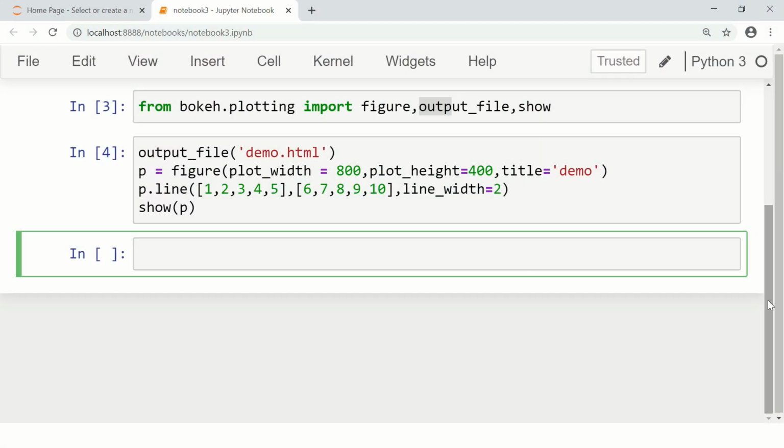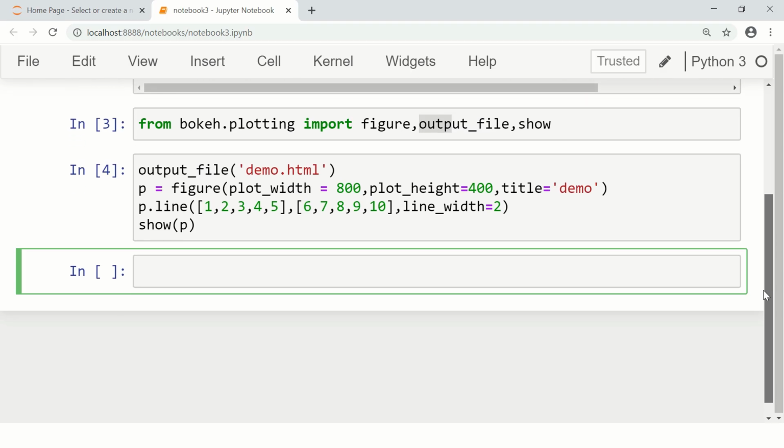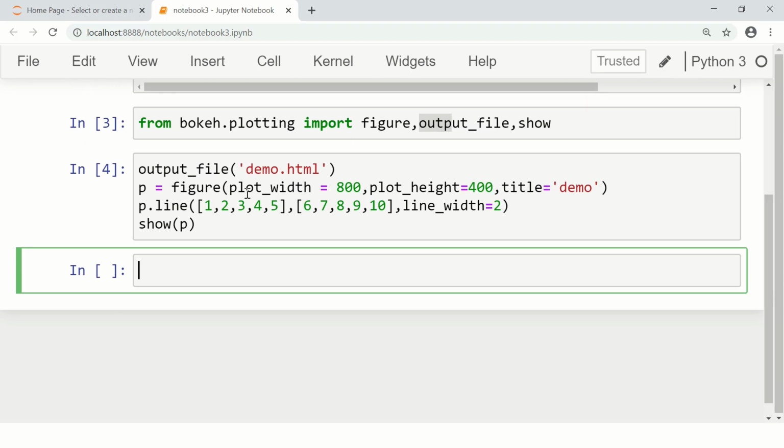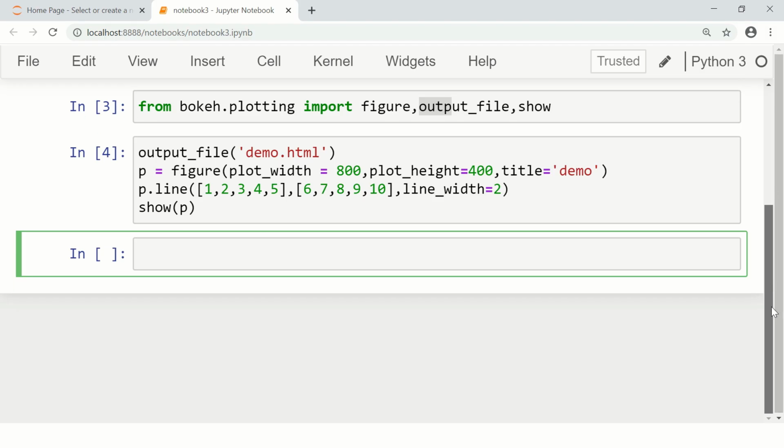Okay, in the last video we saw an example of Bokeh plotting, which basically gives a browser-based interactive plot that you can interact with. I also showed you that you can open up a new file. In this particular video, I'm going to show you that you can embed all your plots in the same notebook as well. For that, you may have to import